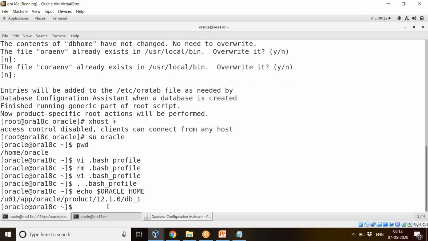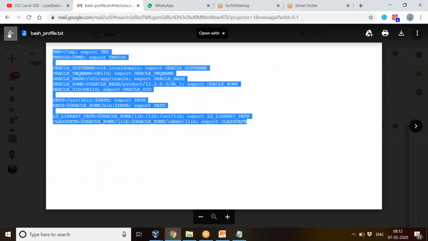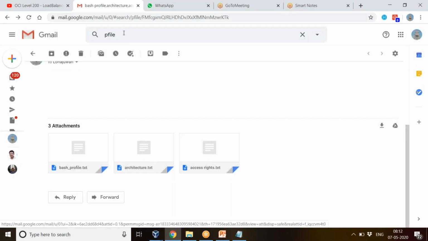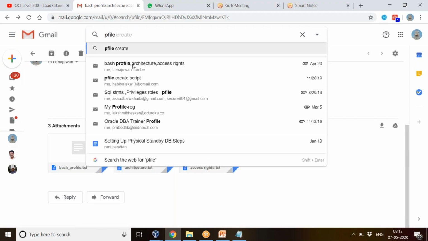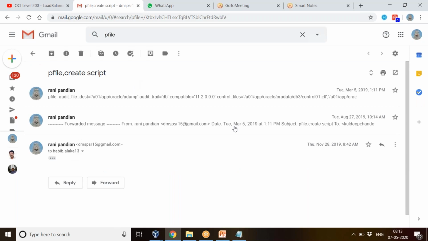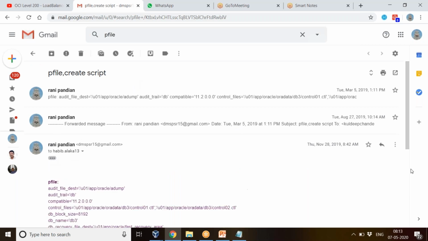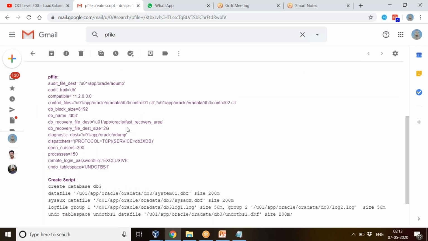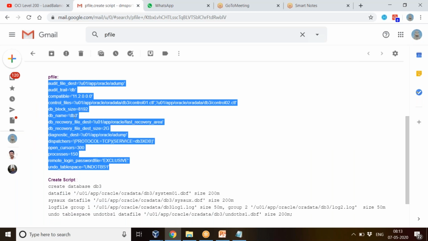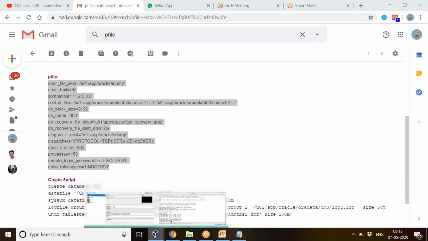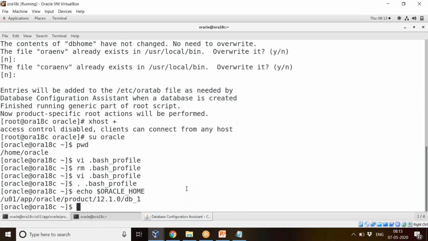So now manually I want to do my DBCA, that is creation of a database I want to create. So for that I need a P file. So P file I'll bring. I'll keep under, since I am manually creating, I can keep my files anywhere.